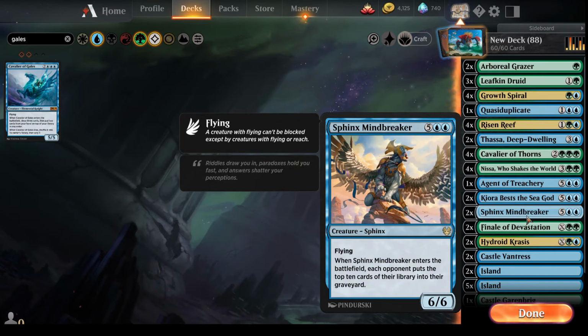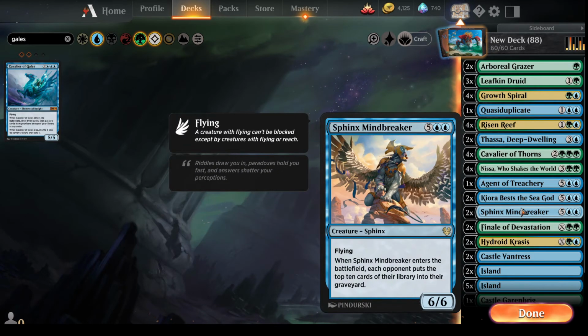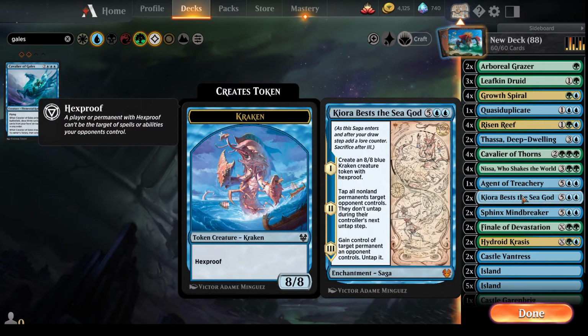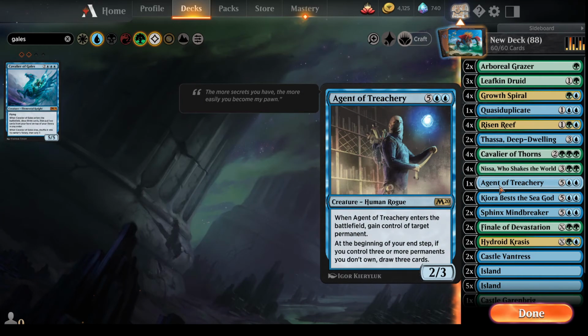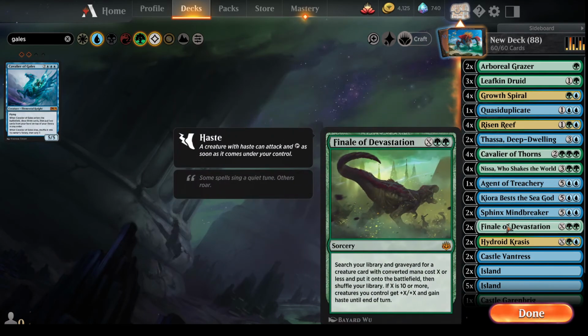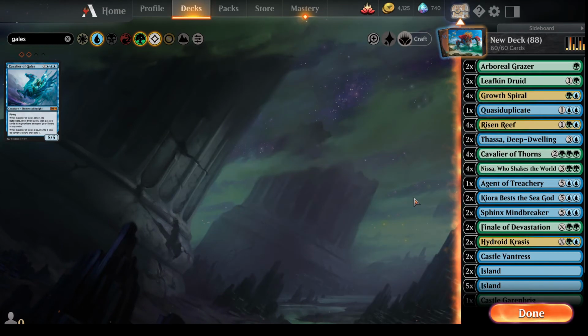So by reducing to 2 Hydroid Colossuses instead of playing 4, we add two more win conditions to our deck. That's the reason why I think it's worth the trade-off. And then we add Thassas. Thassa makes Agent of Treachery so much better. And so we survived by Thassa and stealing their creatures, and then we just ripped out Finale of Devastation and overwhelmed our opponent. But guys, Simic Flash, if you say that's the number one deck, which it pretty much was in Eldraine Standard,